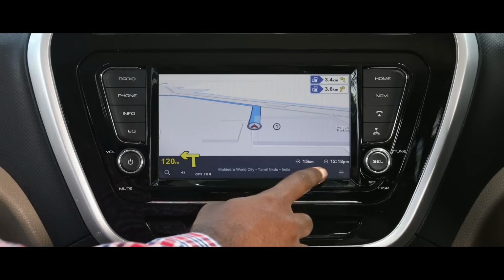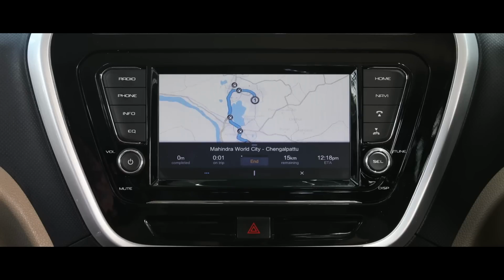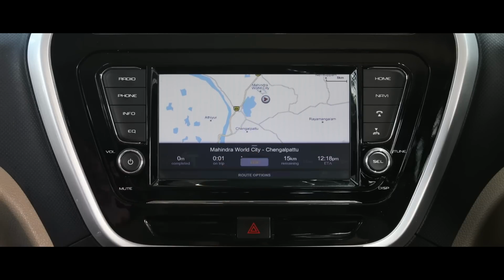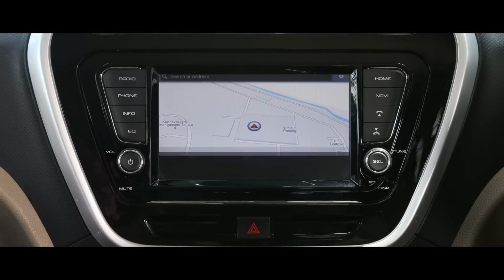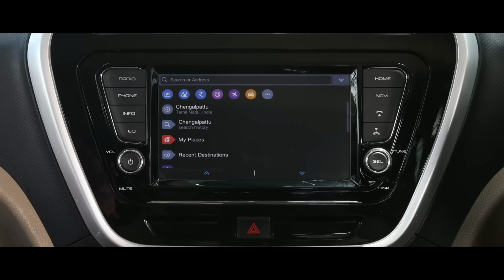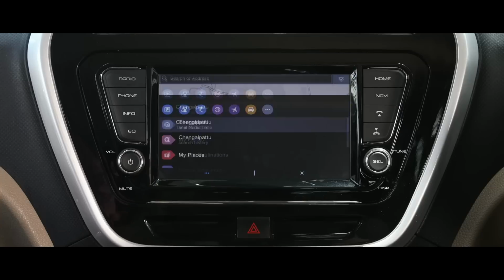So I go back to routes. I end the current route and it takes us to the current location. So I use search again. I select Chengalpattu